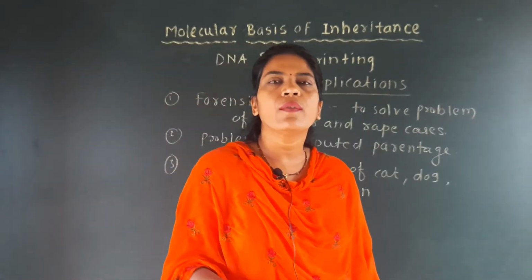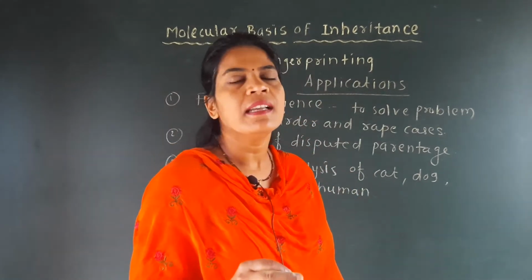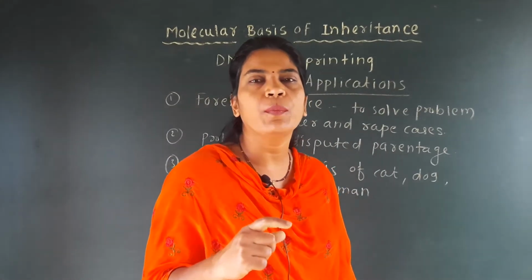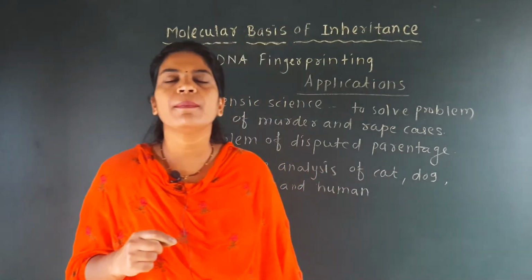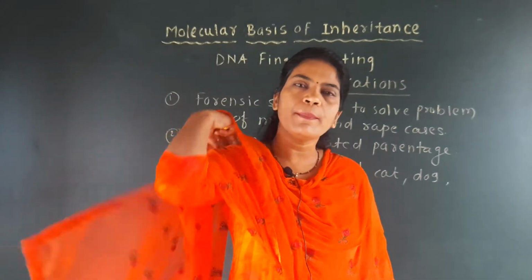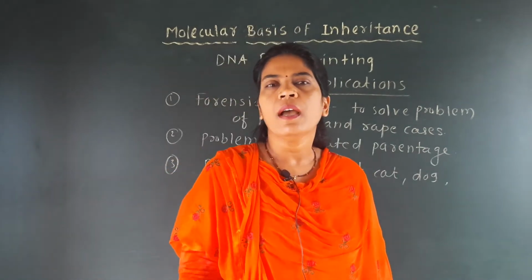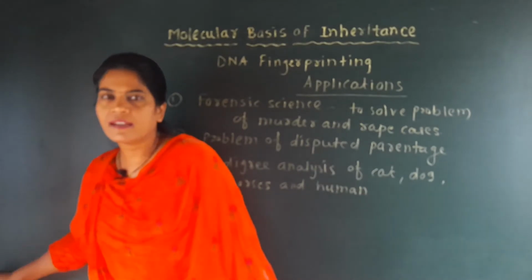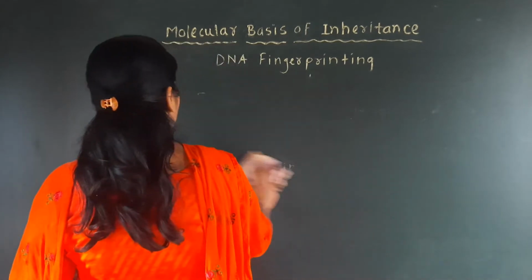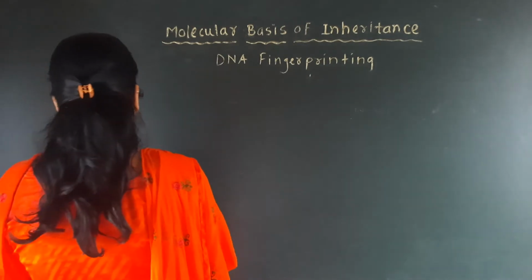So here we have completed the part of DNA fingerprinting, its definition, its different steps, and then we have seen the applications. One figure is given in our textbook for DNA fingerprinting that helps us easily understand how it is carried out. The figure is not important from the theory point of view. There is no necessity to draw this figure, but you should know how DNA fingerprinting is carried out, and that's why we will study the last part of DNA fingerprinting, the figure. In short, we will get the idea of DNA fingerprinting.